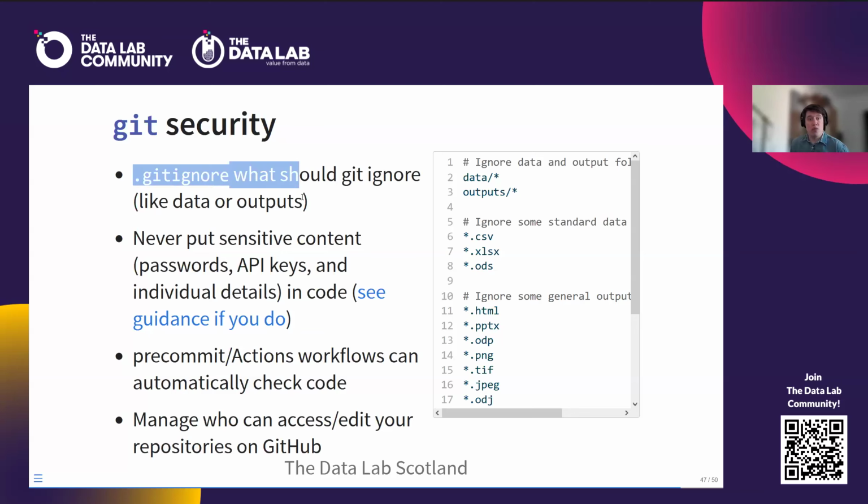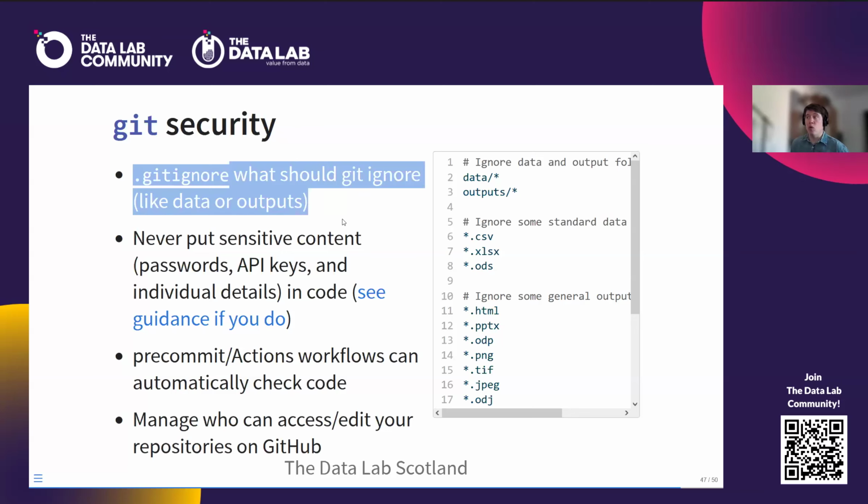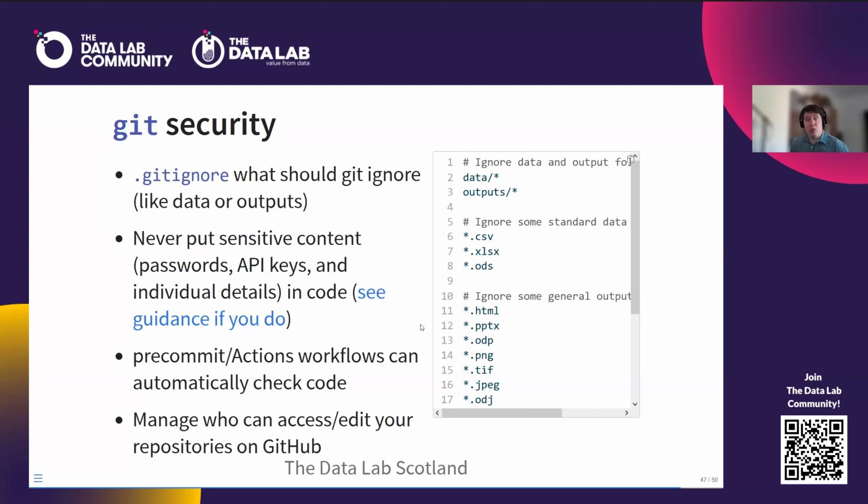And the first and the simplest way to do that is using what we call a .gitignore file. And this is an example of that on the right-hand side. And it's just telling Git what to ignore. So in this case, we're saying don't look at any files within the data folder and don't look at any files within the outputs folder. And that's a really simple way to just avoid Git seeing our data files. We can override this, but as a simple protection, we can do that to avoid any outputs or data going